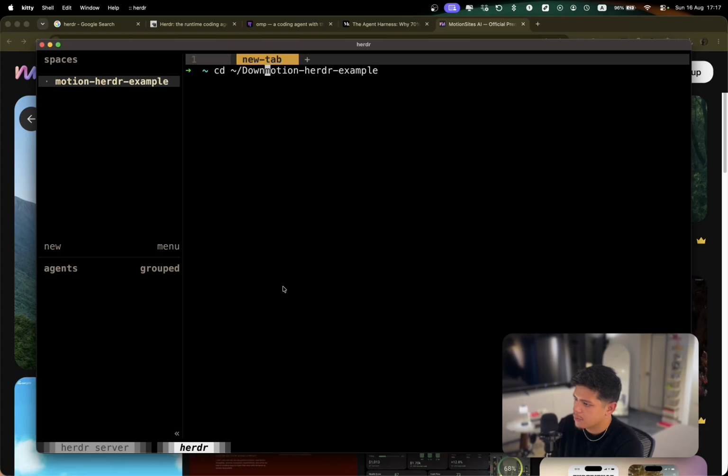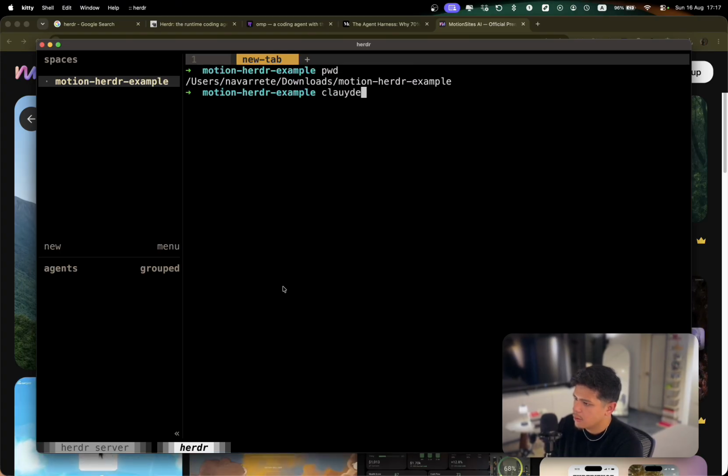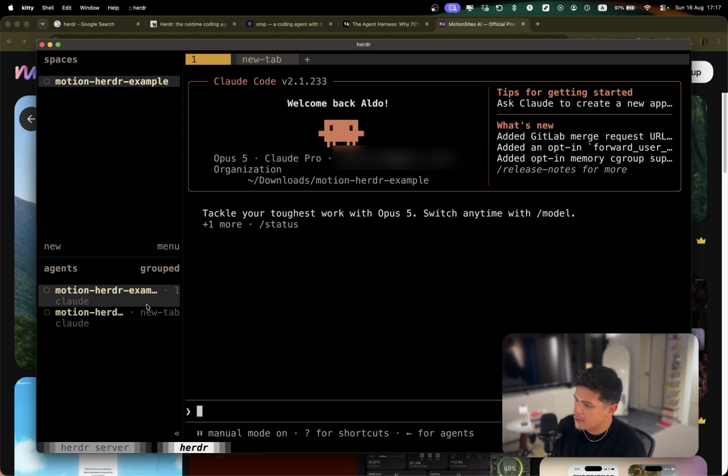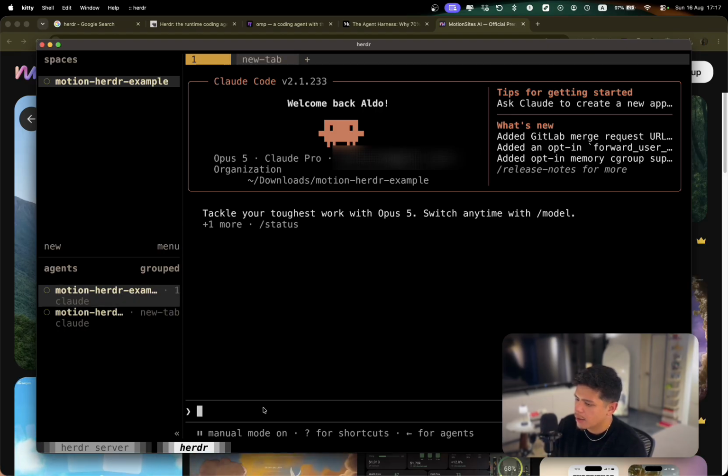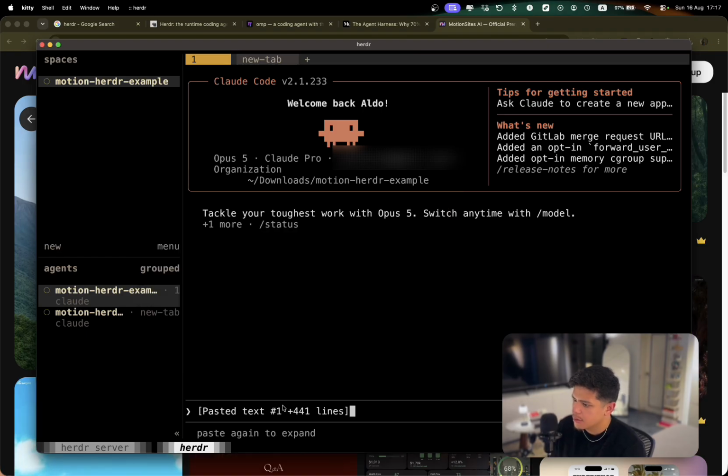Go first of all to my downloads folder. We are already here, so let's do claude. Great. So from here we can paste the prompt,